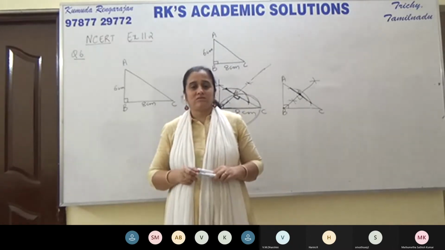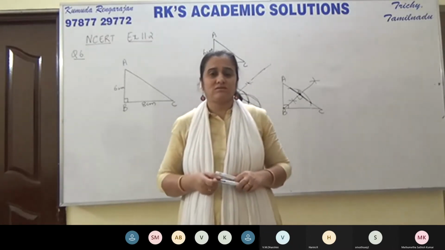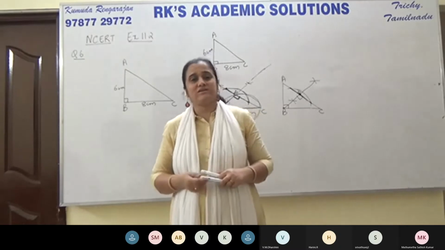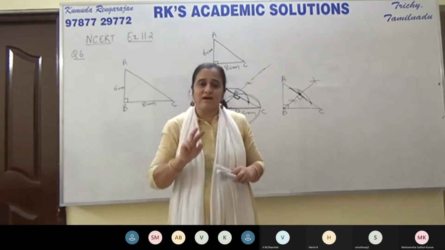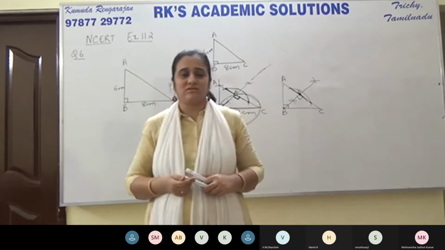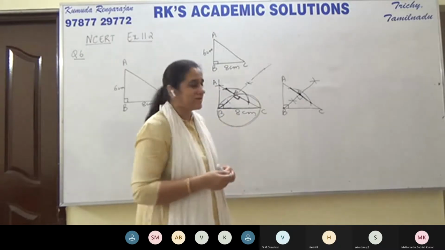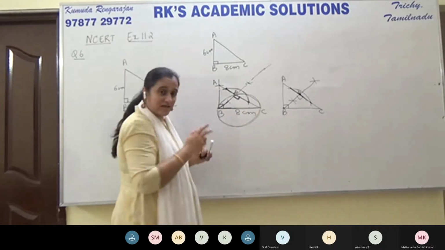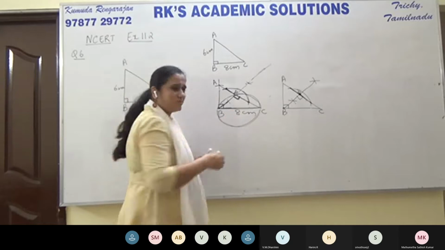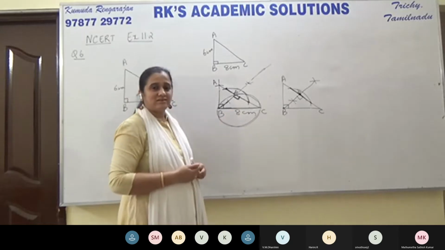Draw a circle. Which one should be the center of the circle? And what is the radius? Only if I get the answers to these two questions can I draw the circle. So now we have the answers. Since BC is the diameter, the midpoint of BC will be the center of the circle.